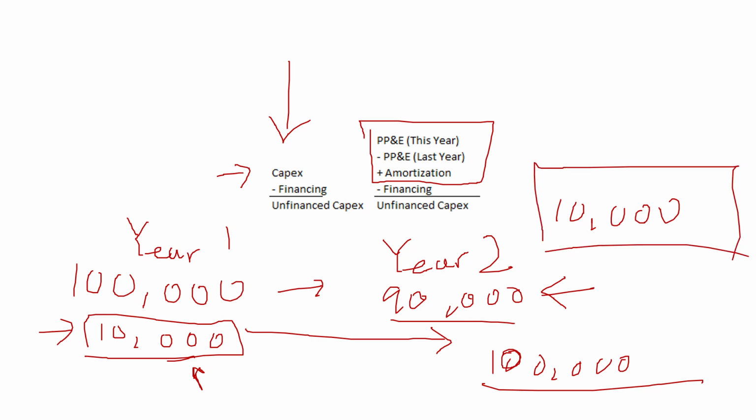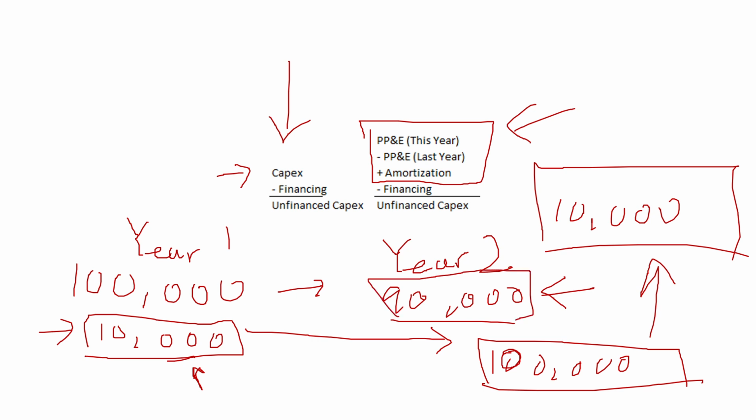So if you expect the equipment they already have to amortize $10,000, you're expecting it to go from 100,000 to 90,000, but instead it's still 100,000. Then the only logical explanation is that they bought more equipment over the year, and this is what this formula is trying to solve. You're subtracting this year's PP&E, right? So PP&E this year would be 90,000 in this case, and then you're subtracting last year's PP&E, which is 100,000,